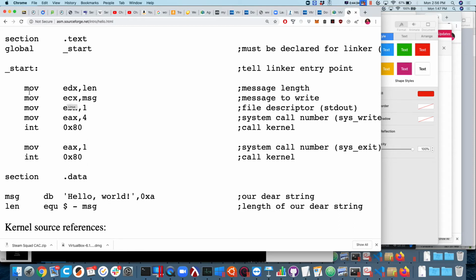Okay, so it's saying, hey, I'm going to move 4 values into very specific hardware registers for seemingly no reason. I'm going to put a 4 into EAX. I'm going to put a 1 into EBX. I'm going to put the message I want to print out into ECX. And then I'm going to put my length into EDX. And then I'm going to go ahead and let the operating system take over. Have the kernel. What does the kernel do? It runs and looks at EAX and says, you want me to perform my super power trick number 4, which happens to be syswrite,